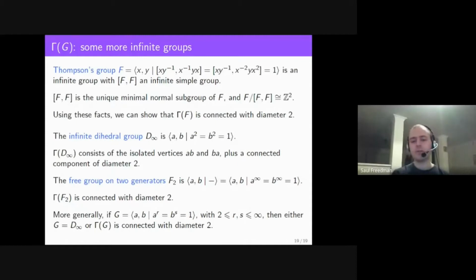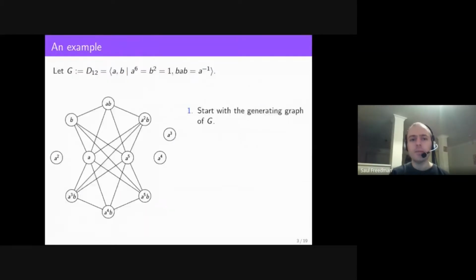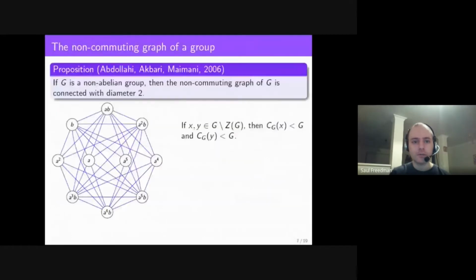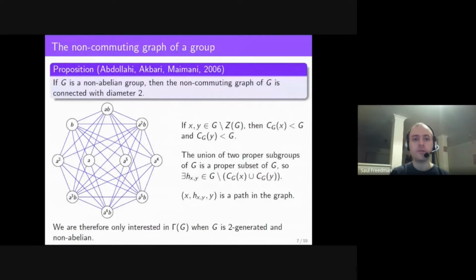Well, I don't know if this is a satisfying answer to your question, but first of all, this non-commuting graph is a big part of the graph. Whenever we have a proper subgroup, the non-central elements will be connected with diameter 2. That explains why, at least among those elements in the same maximal subgroup, for example, there's a lot of connectivity.